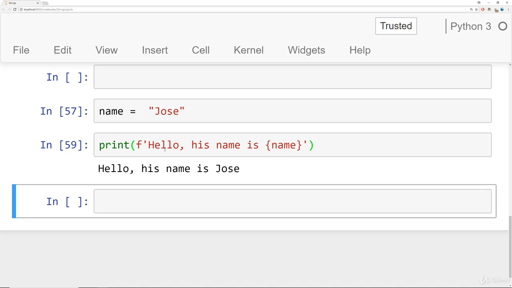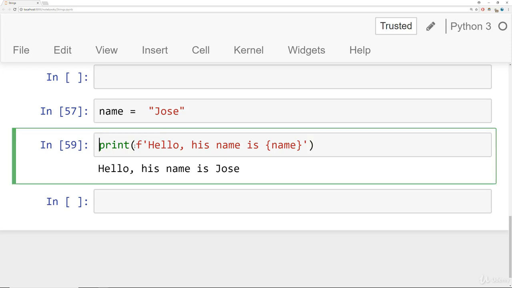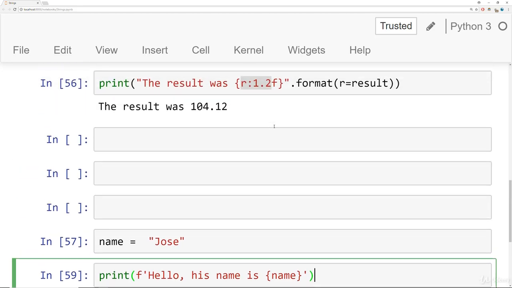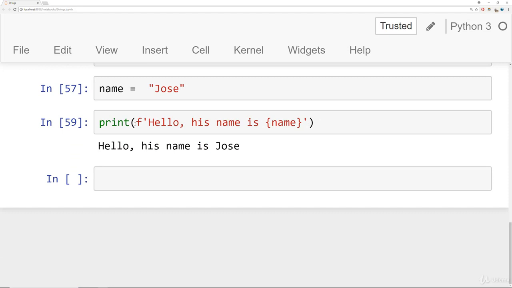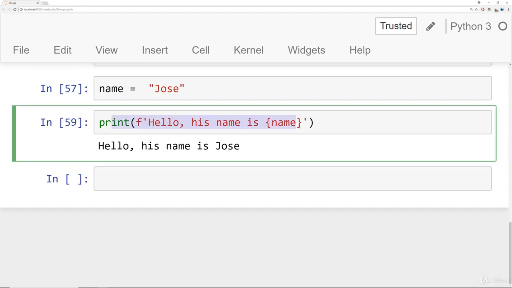So this is called f-strings, or formatted string literals, and this is new with Python 3.6. And a lot of people have been requesting this feature for a long time because it's quite common in other languages. Again, because I'm a little more old school, I got really used to this format method, which is why I like it so much. But if you're coming in from other languages, I would definitely suggest you check out the f-strings. A lot of people think it's a huge improvement over the previous method, and you can see why. It's actually really convenient to just be able to write that variable name directly inside these curly braces.